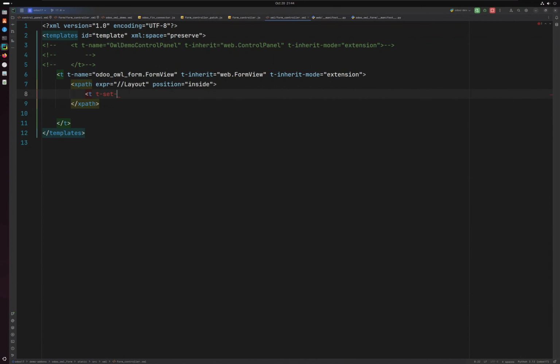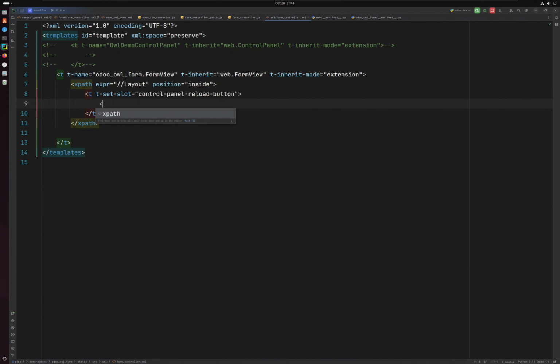You can create a slot by using this directive t-set-slot, and then you can name it whatever you want. As a convention, since we want this specific button to reload the page whenever we click it, I'll name it control panel reload button slot. And of course inside this slot what we want is the button. We can just add some class, let's say button and opacity